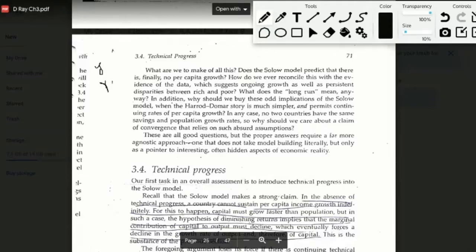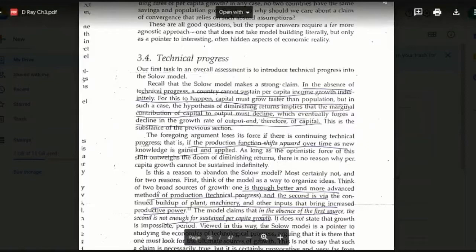These are questions that we have from the discussion so far, and let's look at further sections of this chapter to understand the factors which explain the growth rate in the per capita output value in the Solow model, and that's called technical progress. Technical progress is now being introduced in the Solow model, and a more appropriate statement to conclude the results of the Solow model so far can now be captured in the following statement.